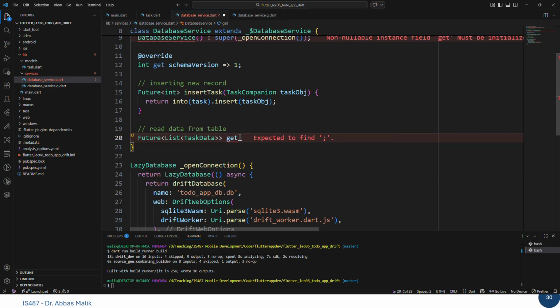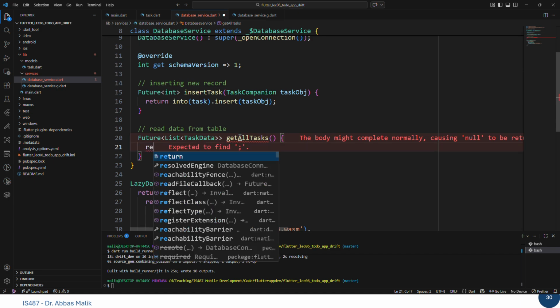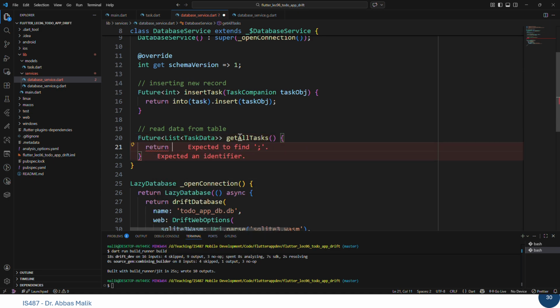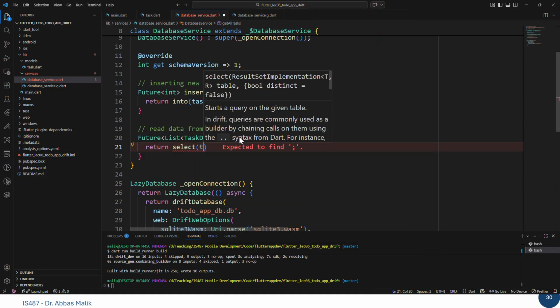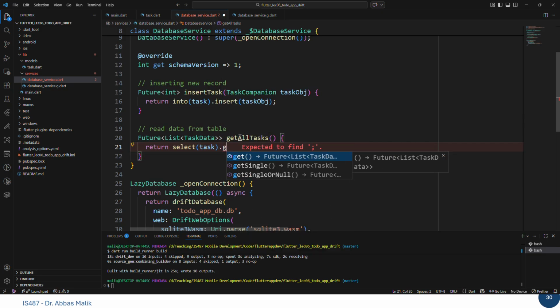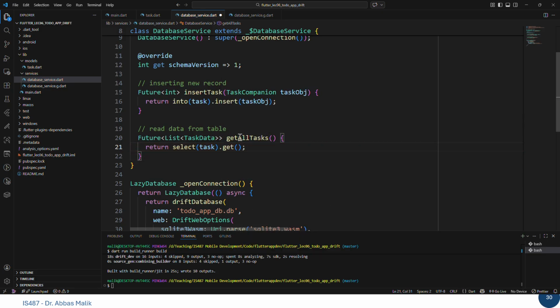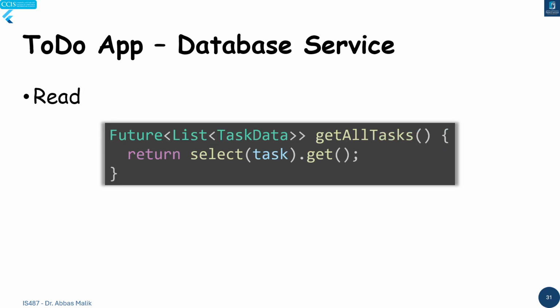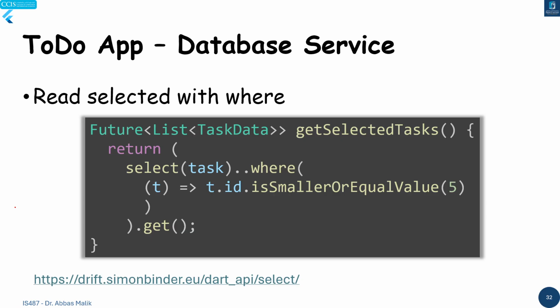We say getAllTasks, and then we are going to return that one. So again, we say we want to return select, and then we are selecting from the task table, and then we say dot get. When you say dot get only, it will read all the records from that task table and give back the answer in the form of a list of task data. If you go back to the slide, you can see that we also have this one,